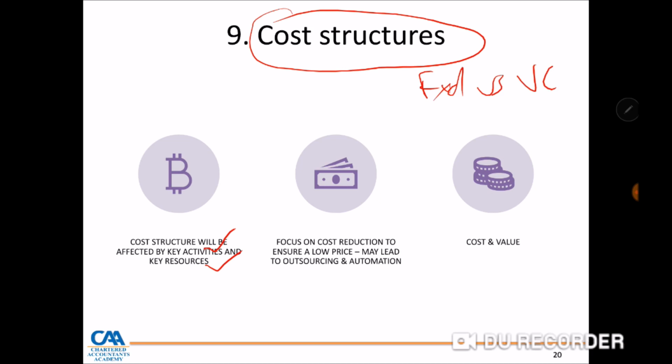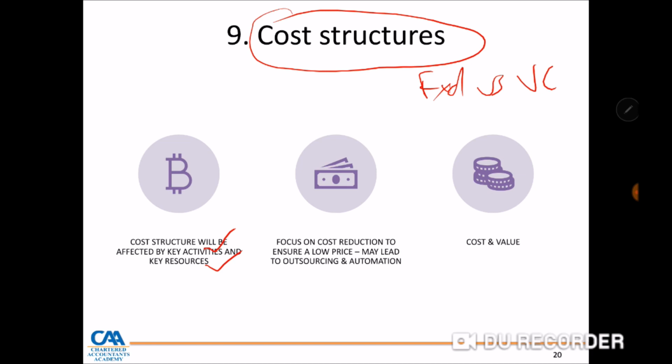And normally, for example, if you look at the Zimbabwean situation at the moment, things are tough. So most businesses would want a cost structure which is variable and less of fixed. And someone can say, okay, I can have these huge cost structures, but I'm going to recover them via economies of scale. So it means each business needs to define the type of cost structure that it wants to pursue. Do you want to be a cost leader, or do you want to be a value leader?